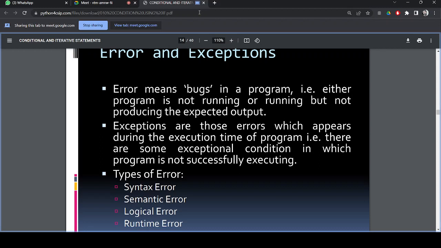We don't call it a grammatical rule, we say syntax error. Sometimes it is also possible that the meaning is not proper in your program and it is not going to give the desired result. It is called a semantic error.